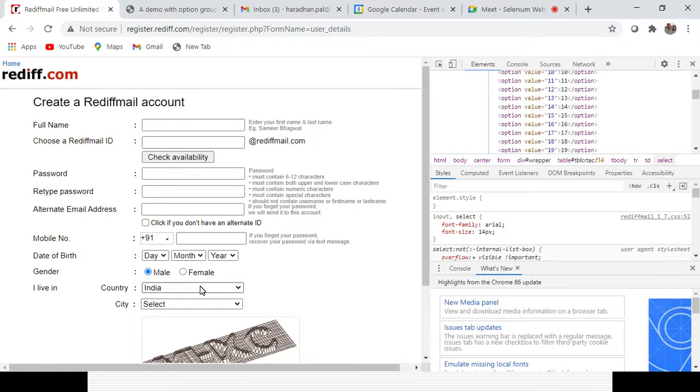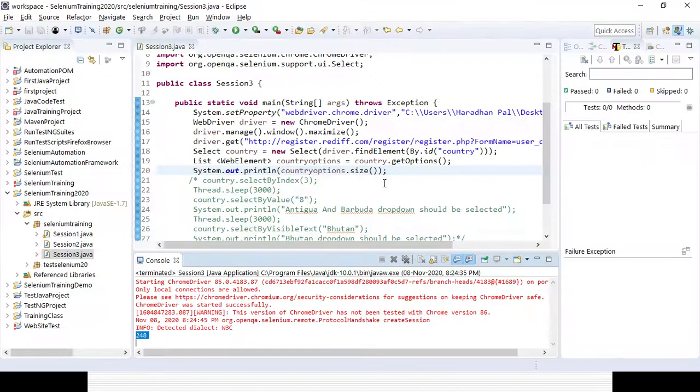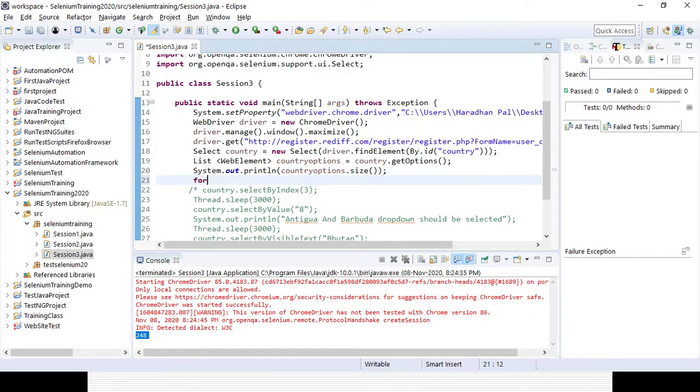Here I will simply use a for loop. No need to worry right now because it will be covered in Java, but here are just some basic syntax. From the next session, from next Sunday, we will be starting Java. After Java is completely covered, I will start the remaining portion of Selenium WebDriver. Then I will go to the framework: data driven framework, keyword driven framework, hybrid framework, TestNG, Maven and page object model, and the last few topics will be Git, GitHub and Jenkins.